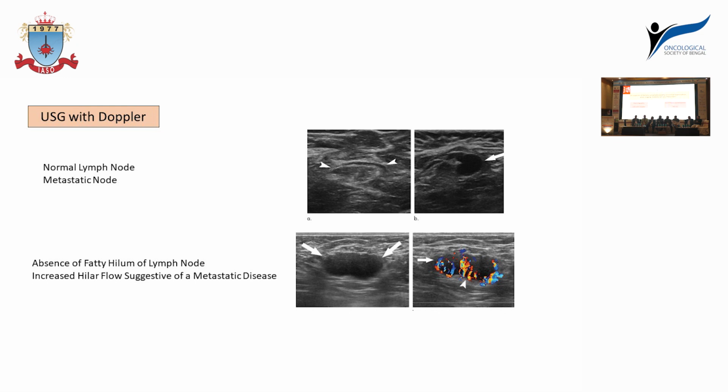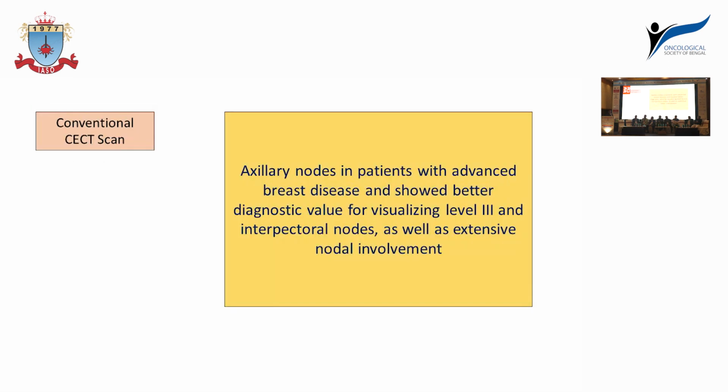Dr. Menak, anything apart from mammography and ultrasound Doppler? What do you think? High resolution ultrasound and mammography are the most commonly used techniques routinely performed. However, some studies show that level 3 nodes or Rotter's nodes can be missed on mammography or ultrasound, and can be seen by cross-sectional imaging. But this has not been category 1 in NCCN, it is still category 2B. So till now, high resolution ultrasound with Doppler as well as mammography are the most preferable to diagnose